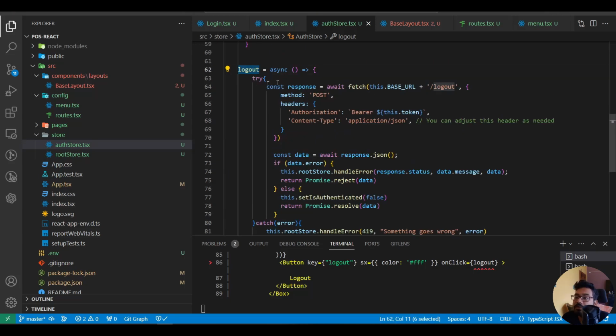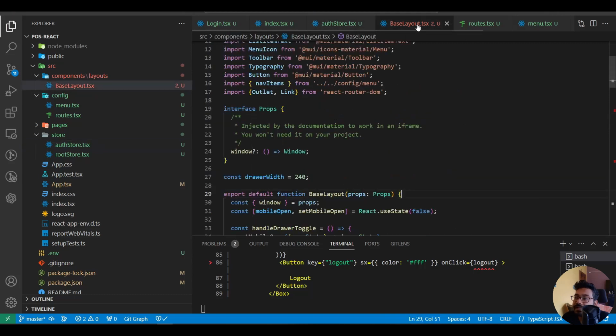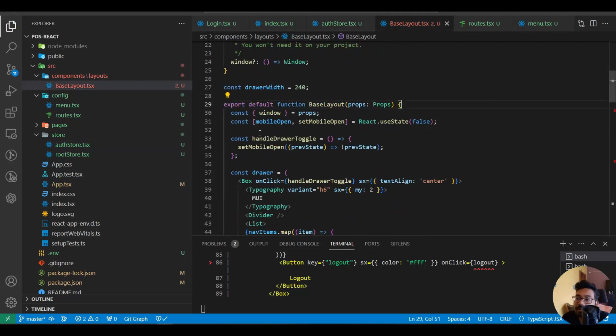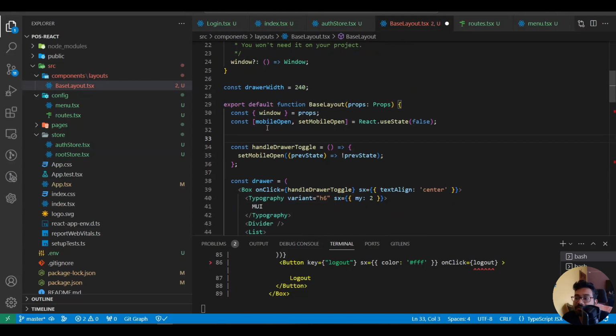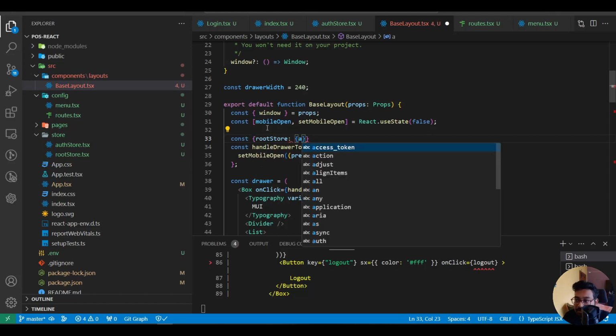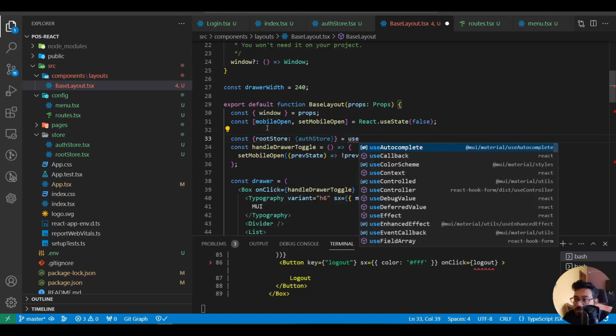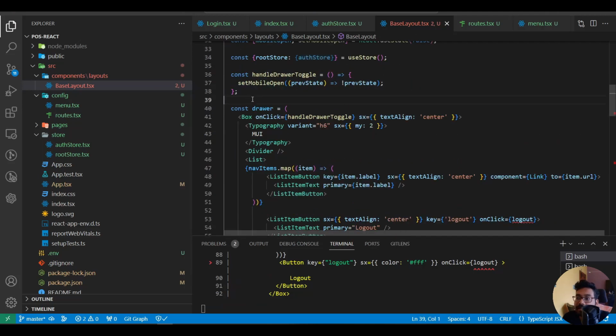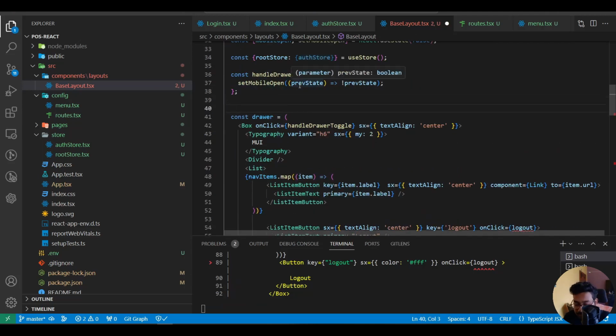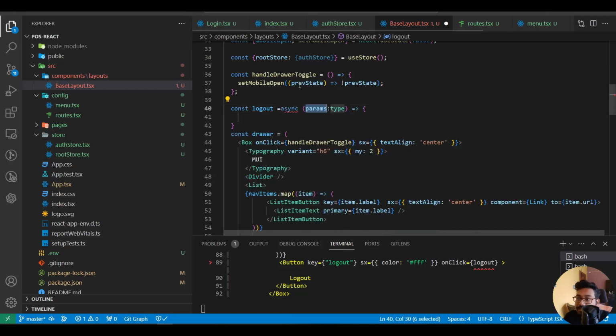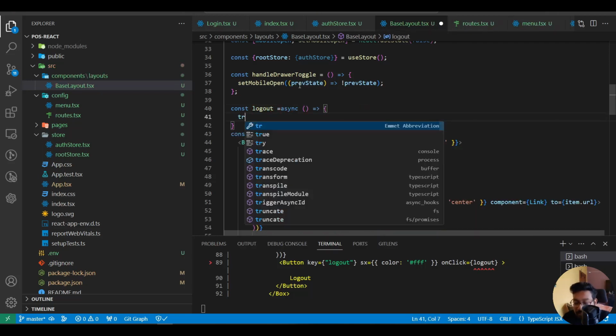So then we need to access this logout function. So go to base layout, and in here we need to extract the logout function from auth store. So const root store, we will be grabbing auth store from use store hook. Next we will create a function logout function which will be an async arrow function, and in here we will